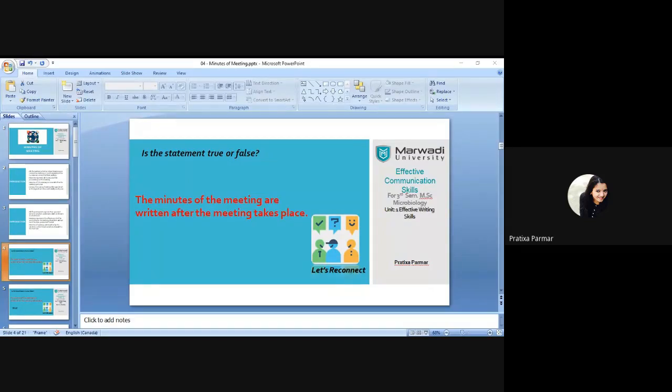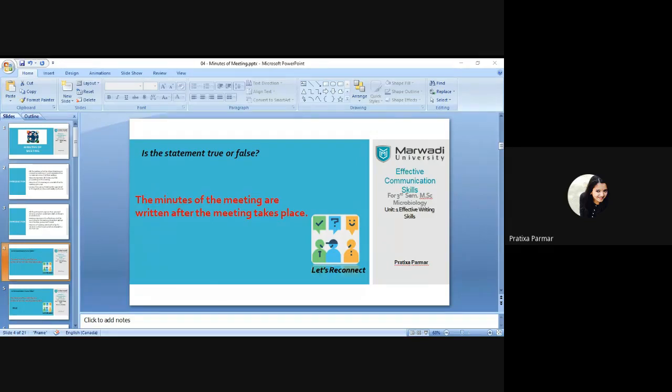Okay, false. No. Read the question carefully. What does it say? When can you write the minutes of the meeting? Of course, you can write. Yes, Bhuvi, you're right. You can write minutes of the meeting the moment meetings are done. Yes, it will be written when the meeting is going on, isn't it? No, Radha. I mean,